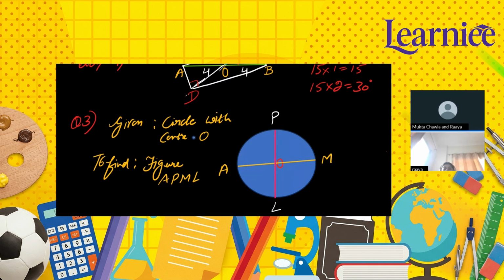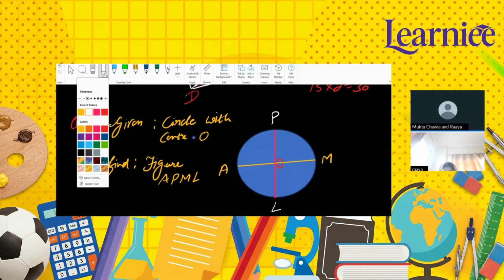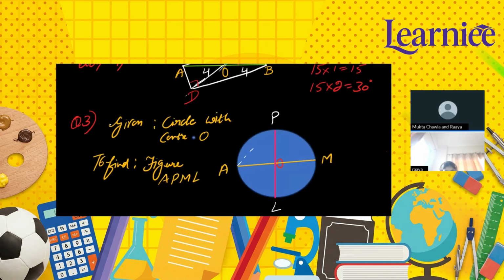Okay, if they are asking for the figure, let's join the points first, right? And this I'll be doing in dots, because whatever is not given and whatever we do on our own, generally we plot it in dots, right? To show, okay, this we have done, they haven't told us to do this, but we are doing it. They simply asked us, okay, what is APML? So since we are joining them, I'll be constructing it in dots. Do you know the meaning of dots? Yes. It means we are doing it on our own.